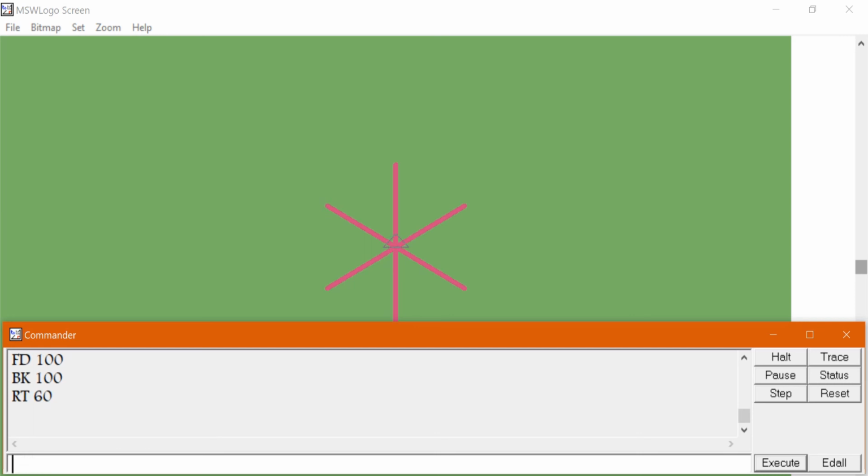See, I had drawn a pattern, a new pattern. You can give RT 30 also, you can give RT 45 also, whatever angle you want to give, how many lines you want, you can have as many lines as you want.